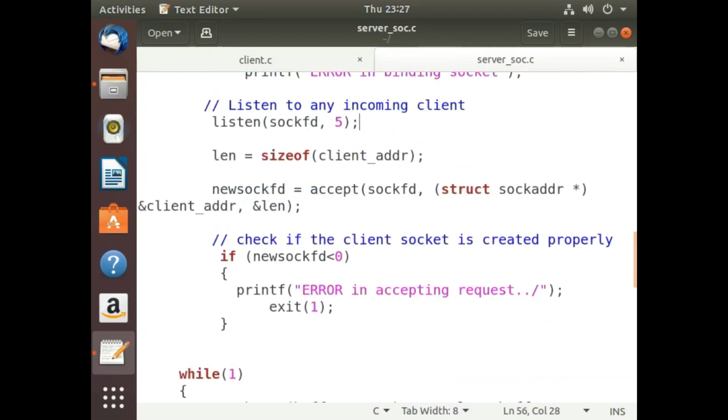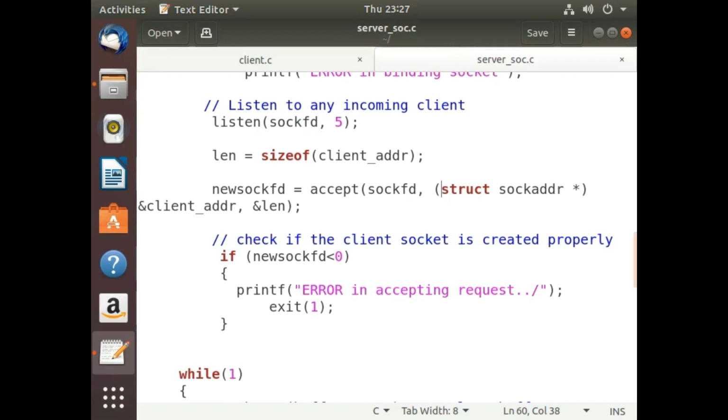Next, as I told, we have to accept any incoming request. We'll make the system call accept. To that we are passing the same socket file descriptor, and whenever the incoming request is there from the client, a new socket will be created by the server socket program, which will be exclusively dealing with the client requests coming from a very specific client, isn't it?